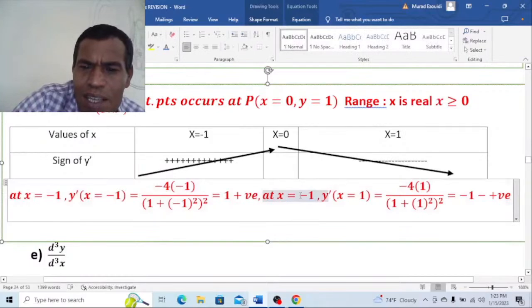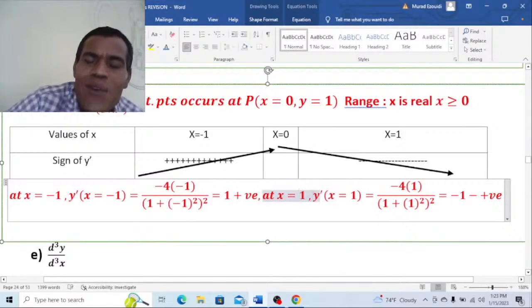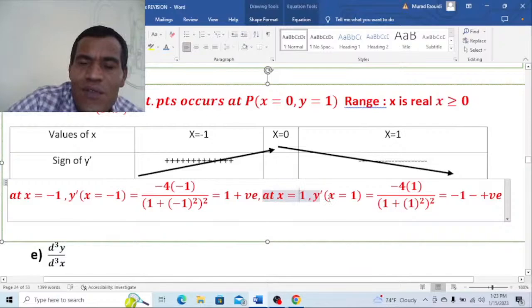I will just write this one. When x equals 1, I will substitute x in the first derivative equation with 1. I will get negative 4 times 1 over 4, because 1 plus 1 is 2, squared is 4, it will be negative